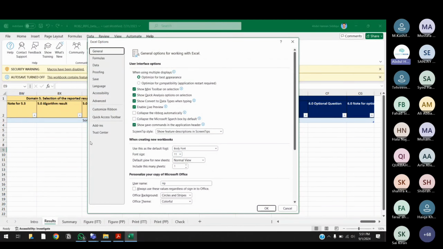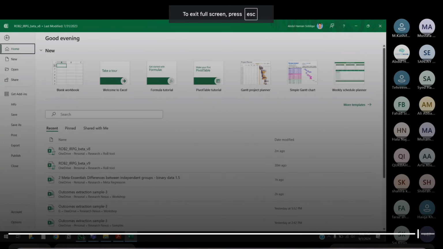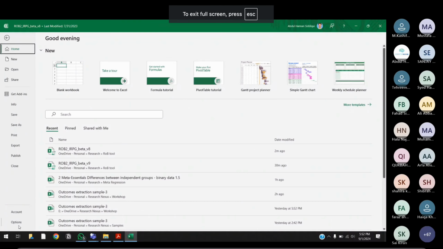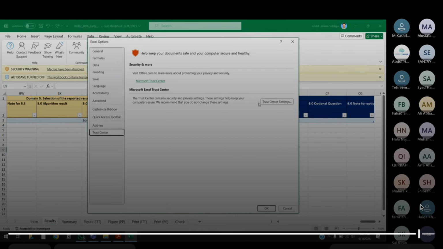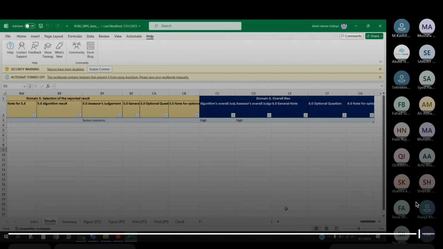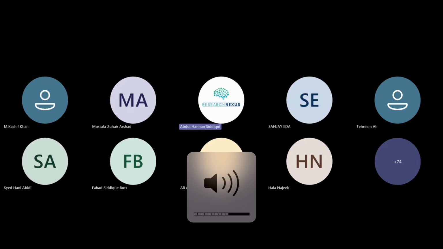Alright guys, if anyone is unable to enable content, you can reach out to me after the workshop and I'll help you out, okay? So do not worry, there are multiple ways to do it. Choose properties, enable macros. Also ये Excel के options होते हैं, you can come to the trust center और यहाँ से भी you can make it a trusted file, alright? I hope this was clear for everyone.